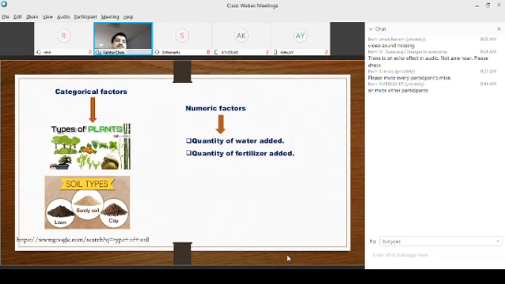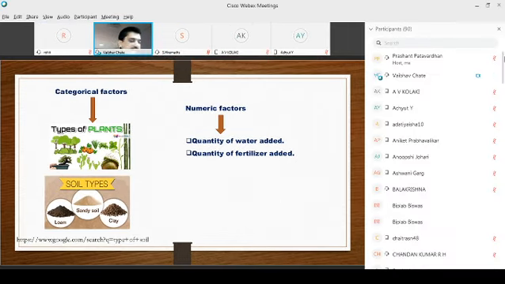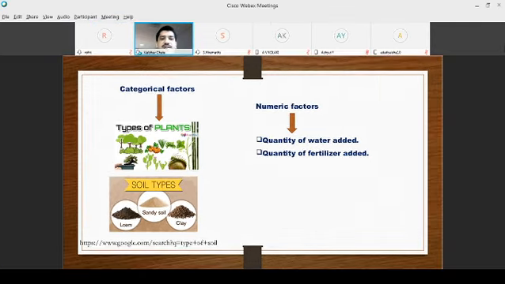When we talk about factors, there are two types of factors we'll be considering. One is called a categorical factor and another one is called a numeric factor. So what are these factors? Say I was talking about preparation of tea. Let me take the same example. The quantity of tea powder added is going to define the numeric factor. The quality of the tea powder added will be nothing but